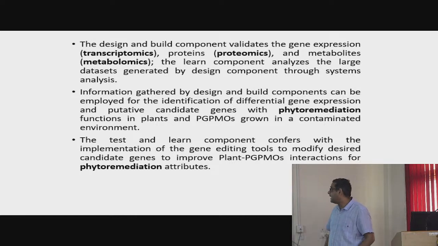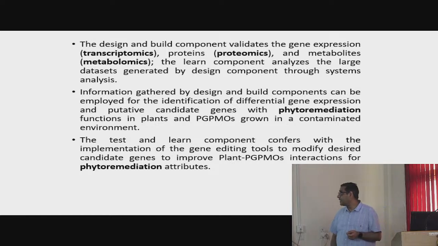The design and build component validates the gene expression, the proteins and metabolites. The learn component analyzes the large data sets generated by the design component through systems analysis. So this cycle is a combinatory aspect of learning. This is a complete tutorial for your research analysis, and the information gathered by the design and build components